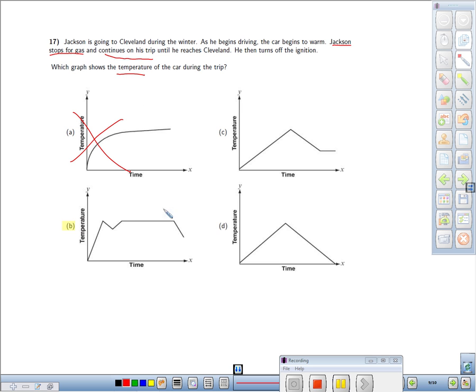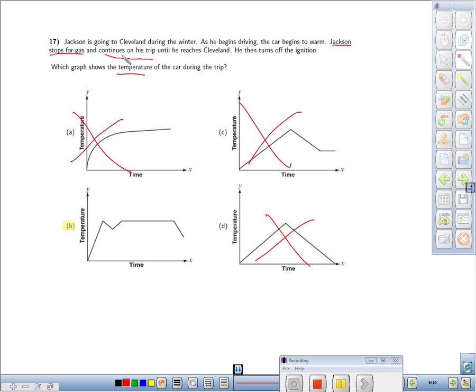Well, let's think about it. If he continues, that means he's going to start the car up again. The car should warm up. Well, notice in C, it never does warm back up again. For D, it actually just goes straight down. In this case, the temperature dips when he stops, comes back up when he starts the car again, and notice